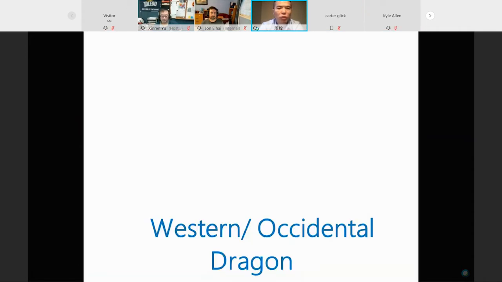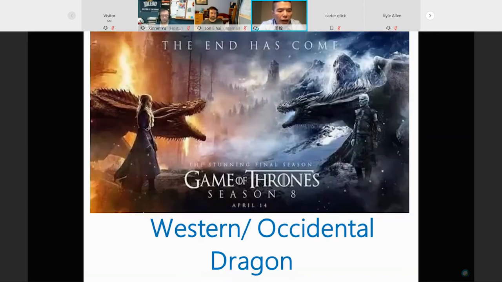Western dragon, we can also call it Occidental dragon. Generally, it is the name used to call dragons in Western or European countries, considering that their cultures are in some way similar. So we call them Western dragons at the bigger level. From the very beginning, the images of dragons in Western countries and China were set. Of course, they changed a little bit, but for several thousand years, they stayed the same.